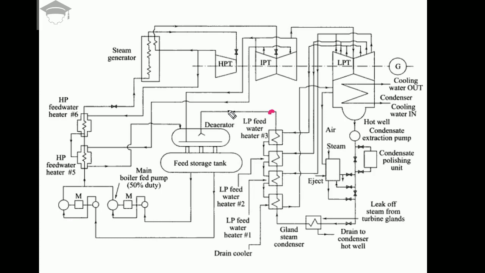Then this mixture moves on to a deaerator. In the deaerator we remove all the air, either in dissolved or undissolved form. Air means all the major components: oxygen, nitrogen, CO2, etc. Everything is removed from this high pressure and high temperature mixture. In the deaerator we spray and separate the dissolved as well as undissolved CO2, nitrogen, oxygen and other gases.